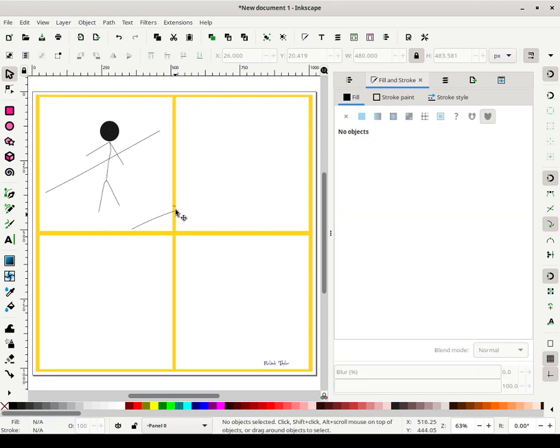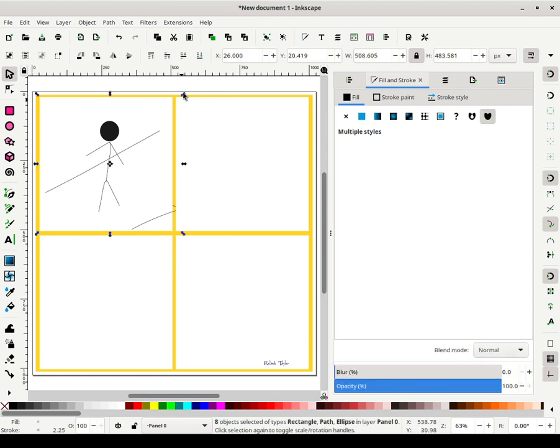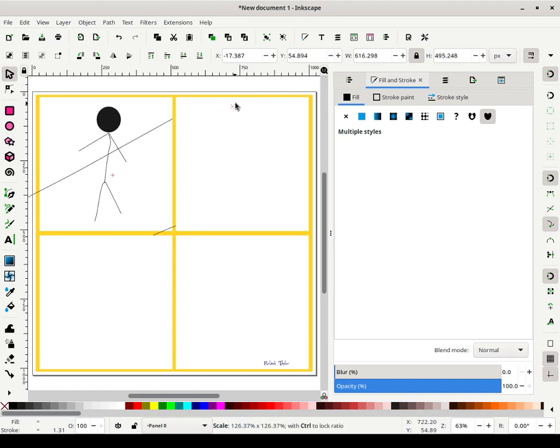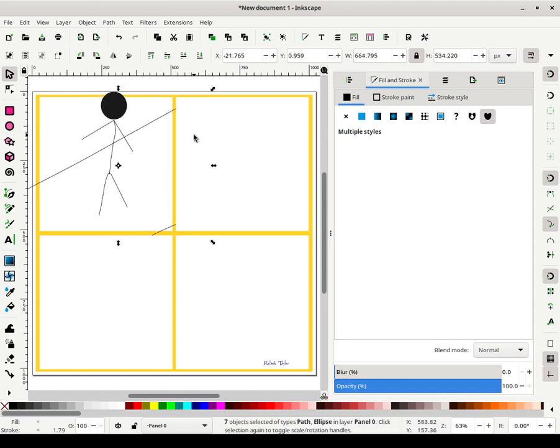Now, of course, this here is outside the boundary of the panel, and that's deliberate. Even though I wasn't trying to draw the line there, I do want it to be outside the boundary of the panel. But let me resize this stuff a bit to make it even more obvious. So let me move this stuff around just a little bit. Alright, so now you can see these panels here will overlap because they're on higher layers, but everything within this layer other than the panel itself is overlapping the panel.